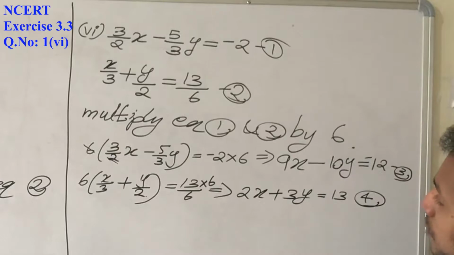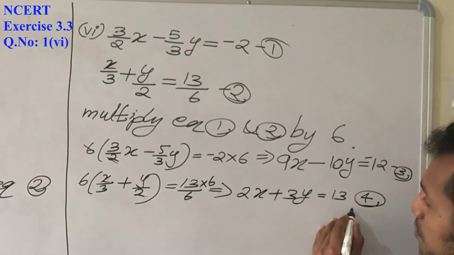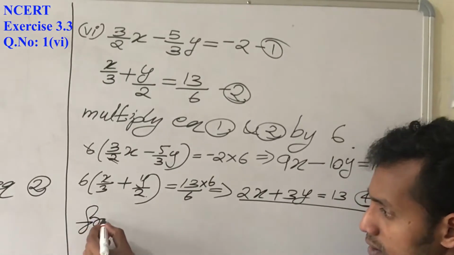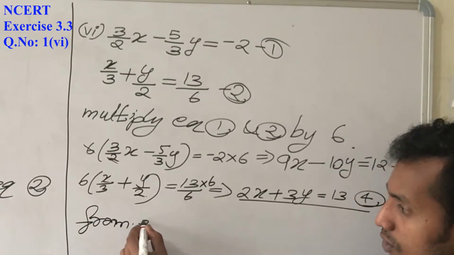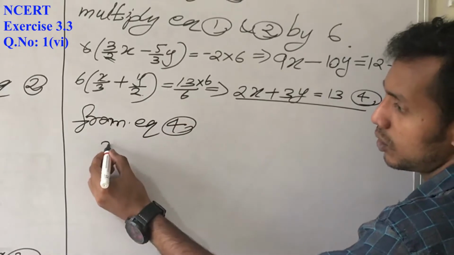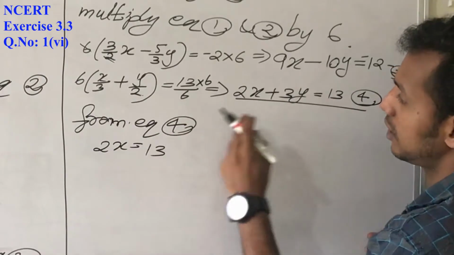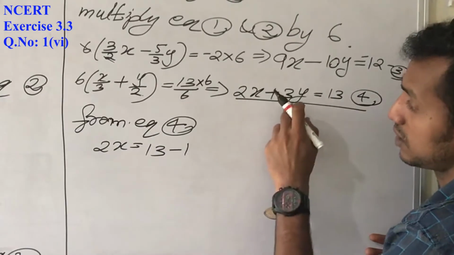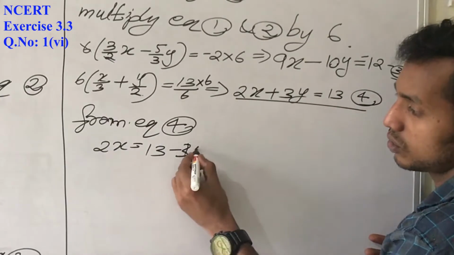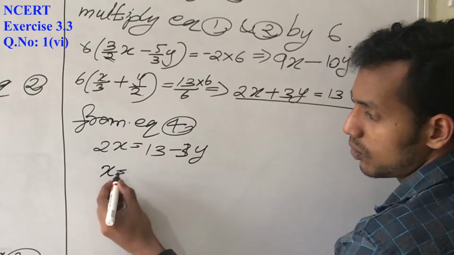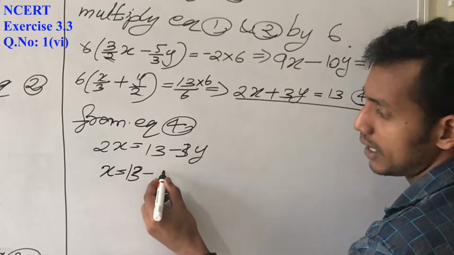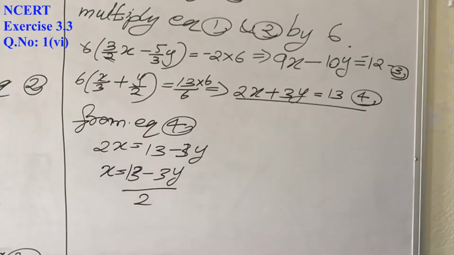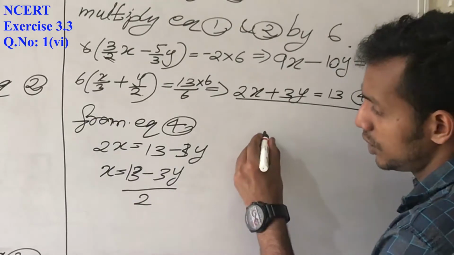So for that, here I am going to express x in terms of y from equation number 4. So from equation 4, 2x is equal to 13 plus 3y. Oh, sorry, 3y taken to right side will be minus 3y. Then x is equal to 13 minus 3y divided by 2. Now substitute